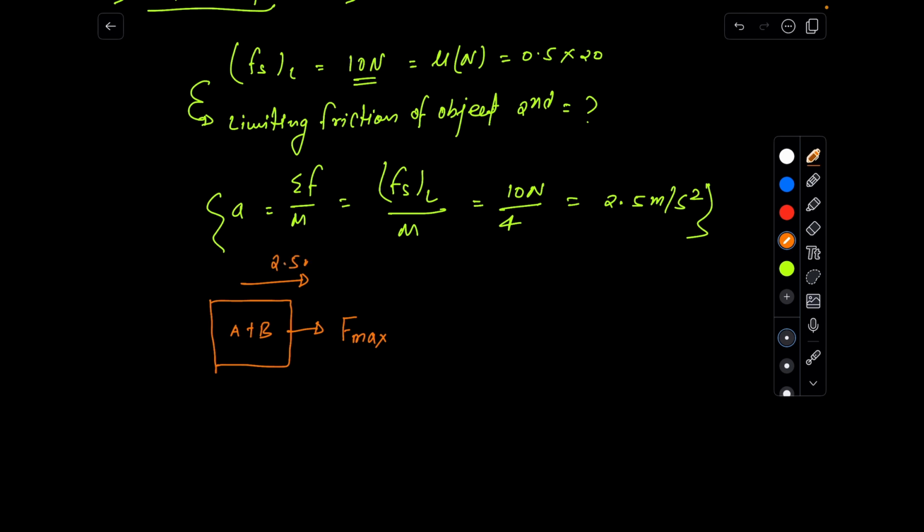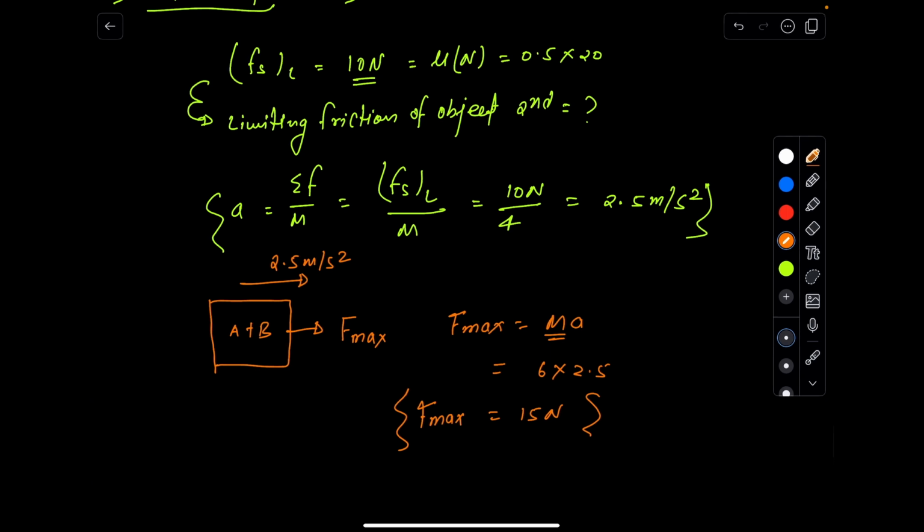2.5 meter per second square. So then maximum is F equals to ma. So F equals to m, mass of the system, that is 6 multiplied by 2.5, that comes out to be 15 Newton. It means even if I apply 15 Newton, both will move together. Beyond 15 Newton, they will have individual acceleration, and in that condition, beyond 15 Newton, the acceleration of the